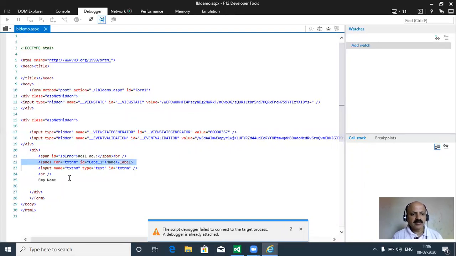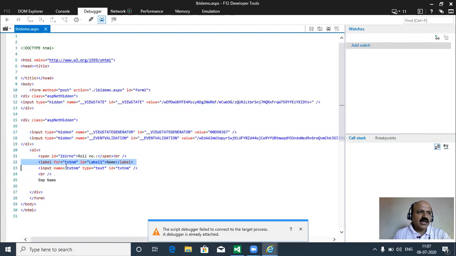So we can say that by default label control renders in the span tag, and whenever we use the associate control id, that time label control renders in a simple HTML label tag. Okay, but literal control does not render any HTML control or tag. So here there is no tag for HTML. So that is the first difference between label versus literal control. For displaying the content in output, the behavior is different.